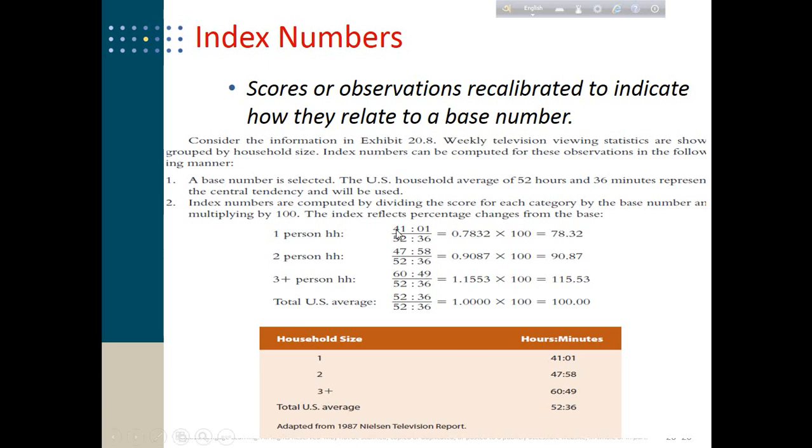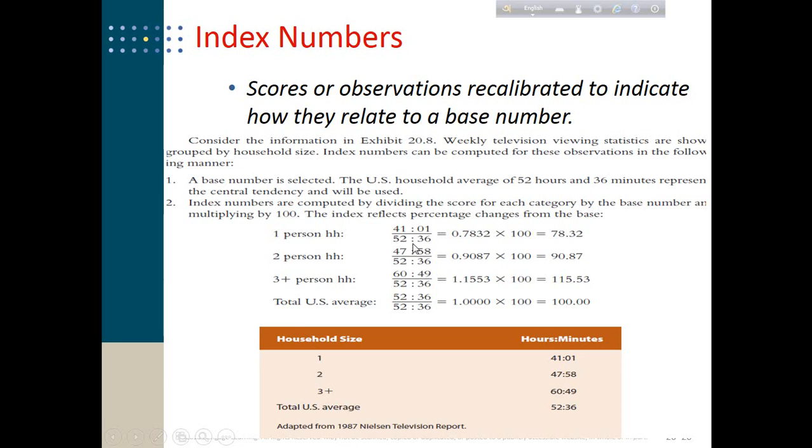Now we have three groups: 1-person households, 2-person households, and 3+ person households. The US average is 52 hours 36 minutes. 1-person households watch 41 hours, 2-person households watch 47 hours, and 3+ person households watch 60 hours, and 52 is the average. So what we are doing here is,